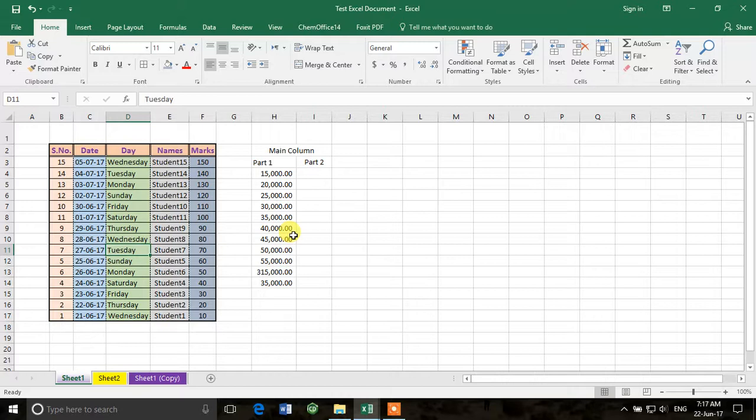So this was all about sorting and arranging the data in tables. In the next tutorial, we'll learn about some useful formulae in Microsoft Excel, and I'll see you in